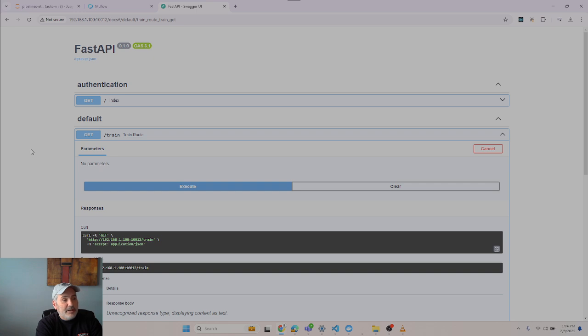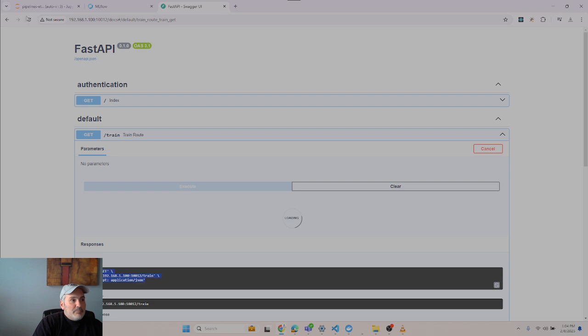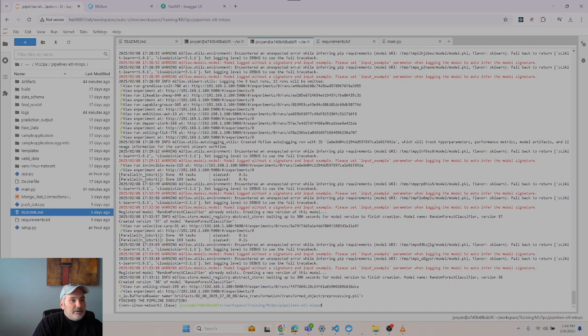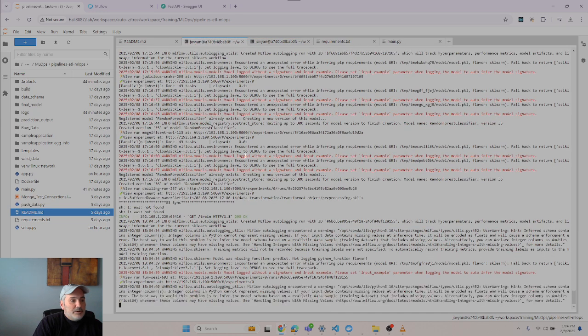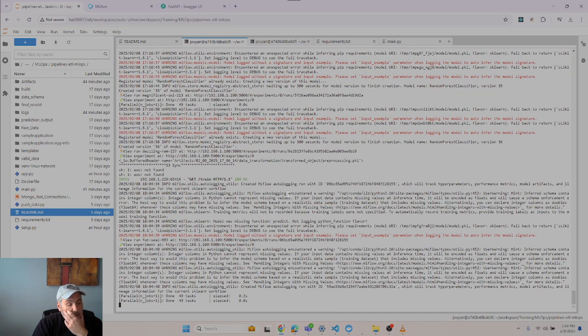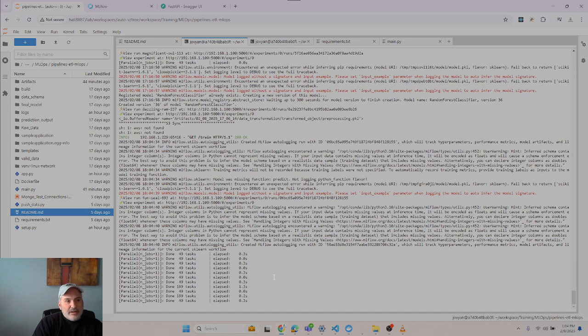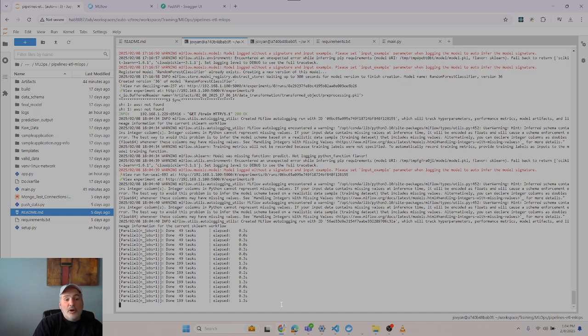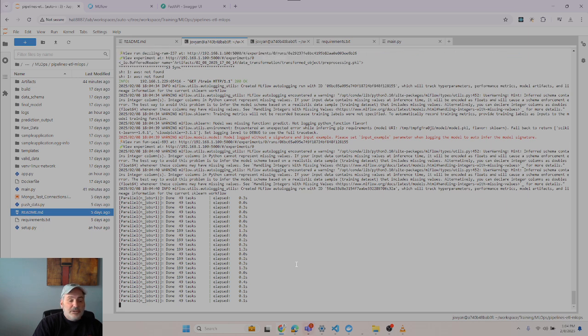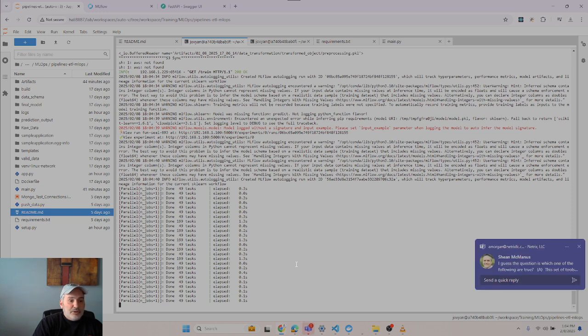pieces of the pipeline. So what I did here is I essentially created an endpoint where I could call this, essentially do an API call to that endpoint. So if I come in here and I click on execute, and then I come back over here, and if I come to this one, and this is where the Uvicorn web app was initiated from, you see that just the, I believe I clicked on the training part of the pipeline was executed. So again, those could be scheduled piecemeal. You could use something like